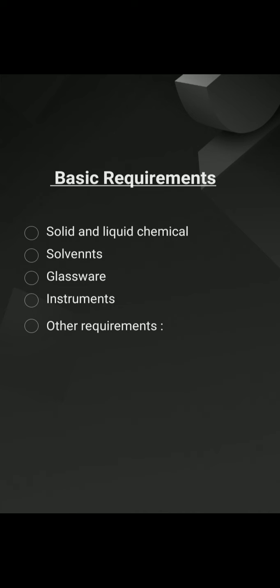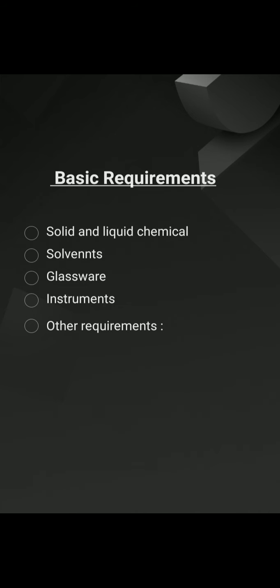Number 2, solvent. Reagent grade water is used for the preparation of most of the reagents and solutions in the laboratory. For the preparation of certain specific reagents that are required for electrolyte and hormonal studies, glass distilled water is used. The other solvents which may be required are glacial acetic acid, isopropanol, chloroform, ethanol, etc.